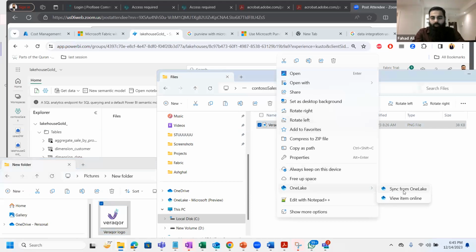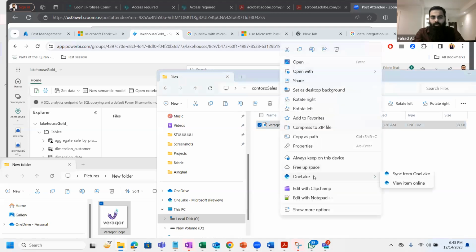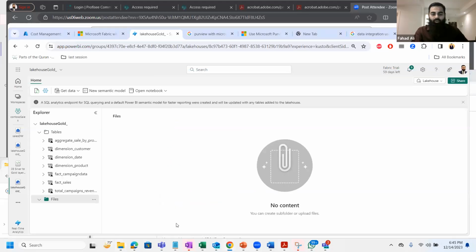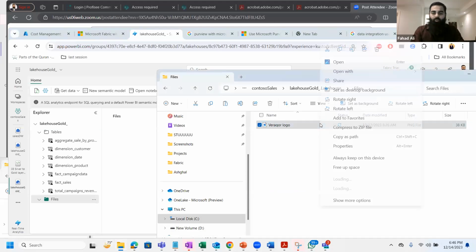Sync from One Lake. And let's see if it syncs it. Okay, it's saying the sync is pending, probably just taking its sweet time. Maybe we can take a look back at it when the sync is complete. Yeah, we can take a look at it when the sync is complete, but what it would do after the sync is completed